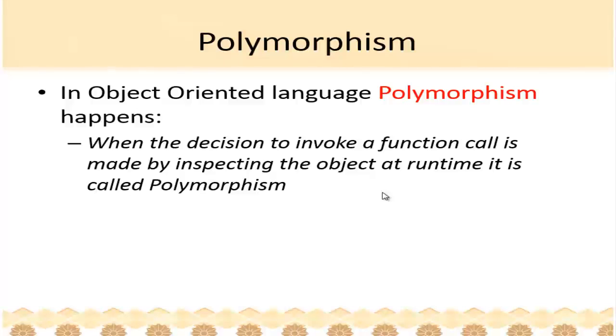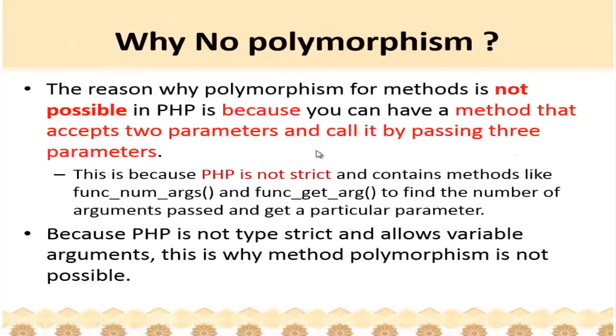That is dynamic polymorphism, and most of you are familiar with it. Dynamic polymorphism is when a decision has to be taken at runtime about which method has to be invoked. Now, whenever you think of using PHP, one important thing that you must understand is